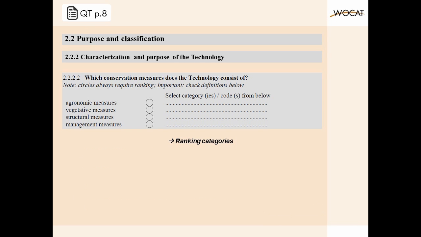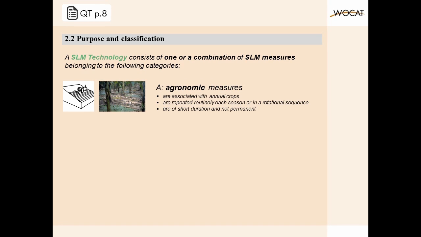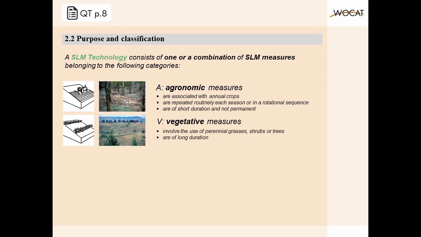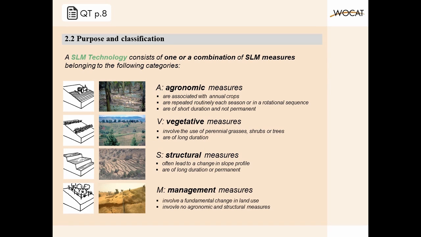Next comes the question about the conservation measures applied. A SLM technology can consist of one or a combination of SLM measures. Combinations are shown by choosing more than one measure and ranking them. SLM measures belong to the following categories: agronomic, like intercropping, contour cultivation, mulching; vegetative, such as tree planting, hedge barriers, grass strips; structural, for example, graded banks or bunds, level bench terraces; and management, such as land use change,